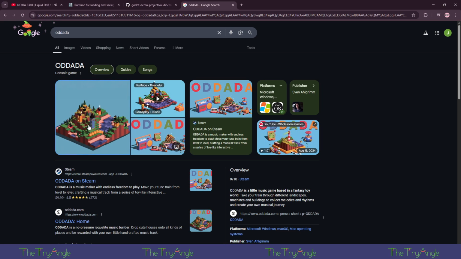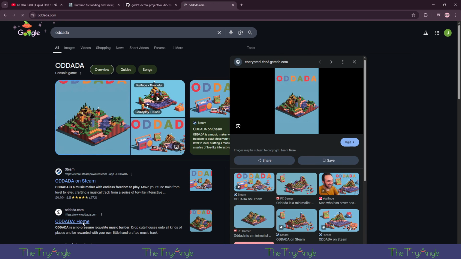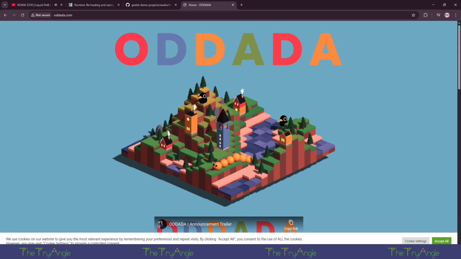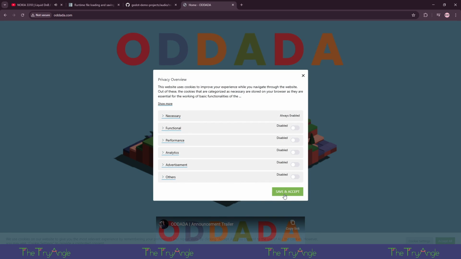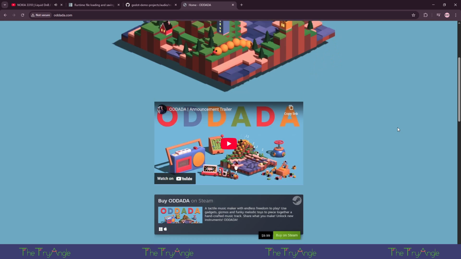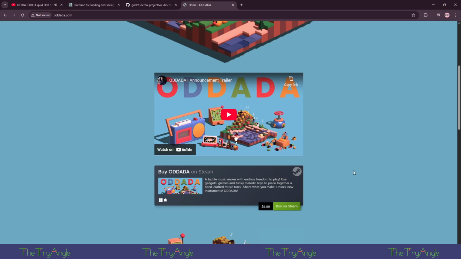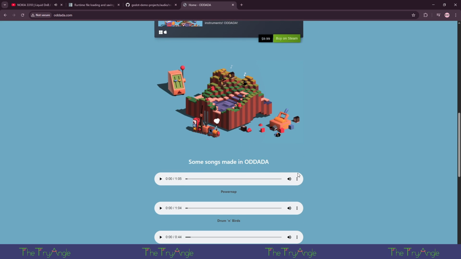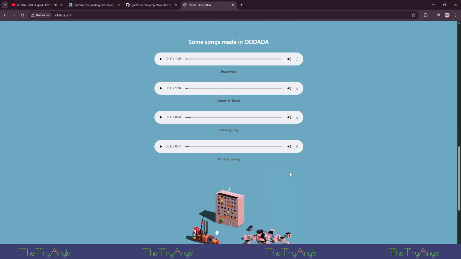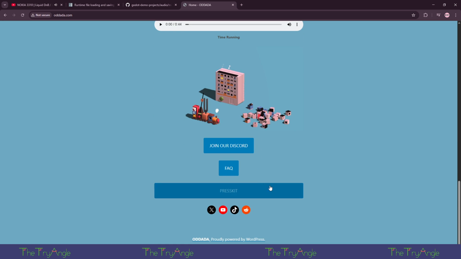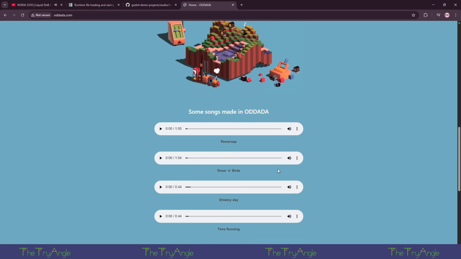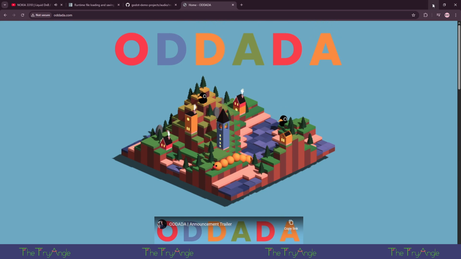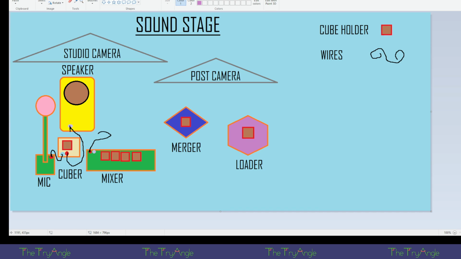There's this really fun game called Audada and cookies. And it was really fun. It's a really fun little interactive experience. Oh, look at that. This is just fantastic. In my experience, it's just a super fun little game that was made, and I wanted to make my own kind of version of that, but it would have